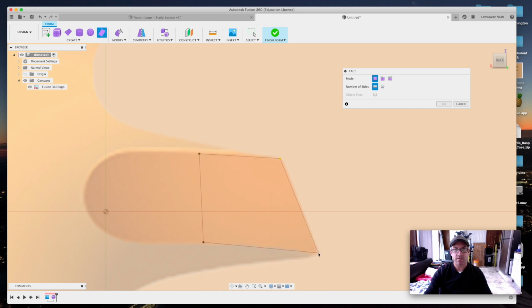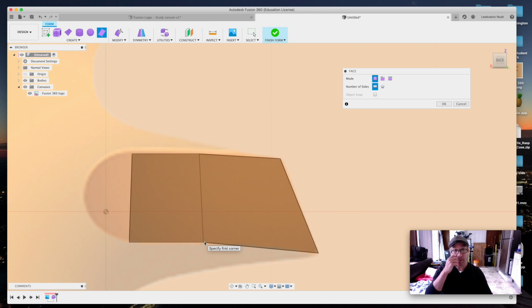That, and that. You can see these faces are composed of 4 points. We can also make them out of 3 points, but we'll get to that in a second. I'm just going to do this, and maybe that. Okay, now I've got those, and